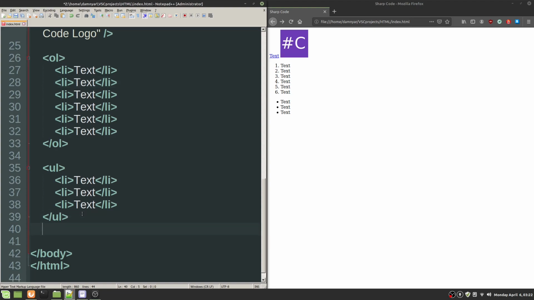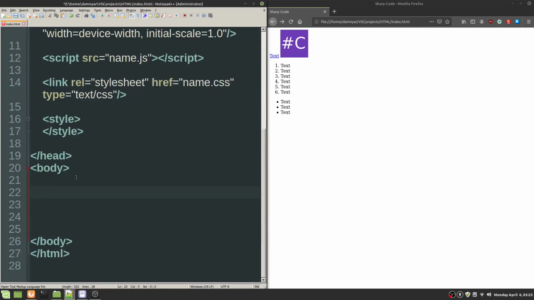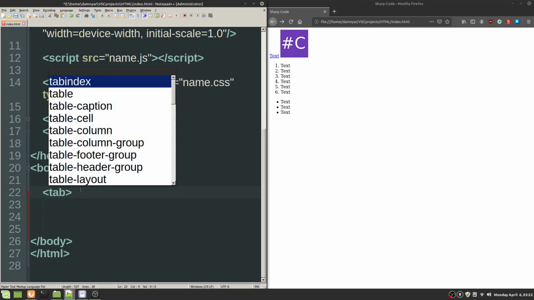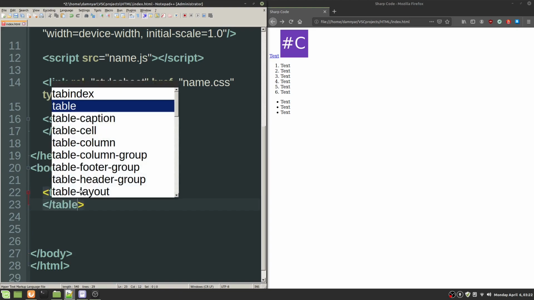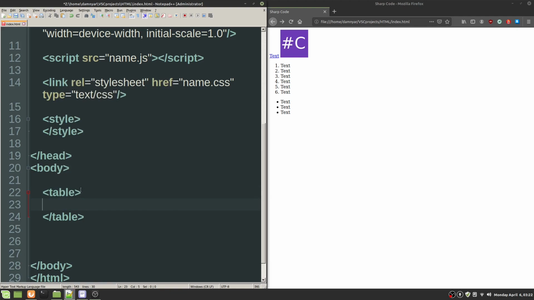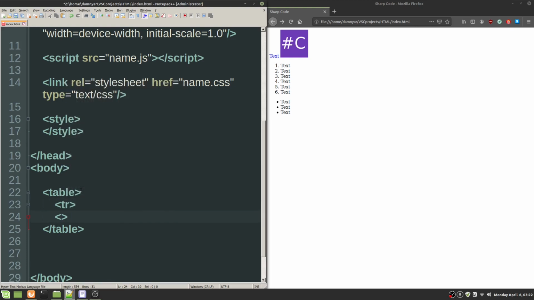Now let's talk about the last thing, that is a table. Now I will delete this, and we need to create a table. We need of course the table tag to define, let's say, the space for some table. Now here is the tricky part, and as you can see, keep your code indented, and the closing tag